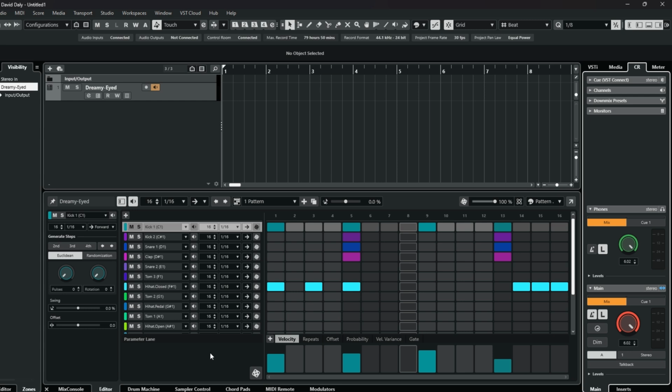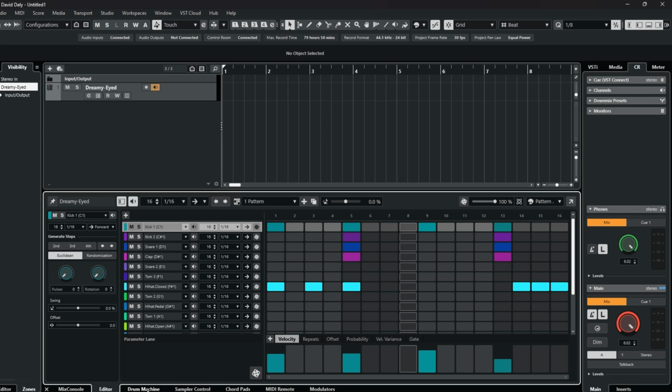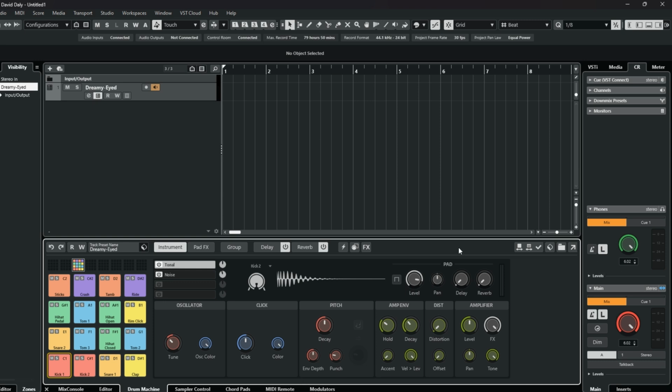One of the great new features in the drum machine in Cubase 14 is that we can play our drum sequencer and while we're playing it, we can audition other drum parts for a swap. And if I go back to the drum machine, I'm going to just click on the kick here,